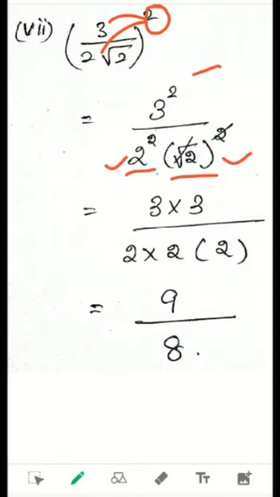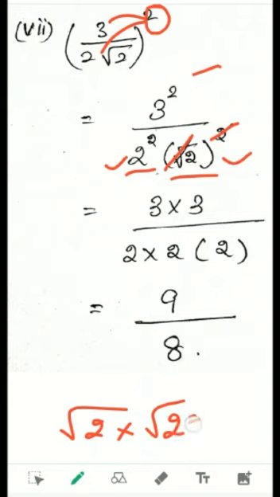By the exponential law, 3 power 2 can be written as 3 into 3, and 2 square is 2 into 2. And here, in (√2) the whole square, the square and the root get cancelled. That's why I have simply written 2 inside the bracket. How does it get cancelled? Actually, the concept of square root: √2 into √2 can be written as a pair, so among the pair we can take one number outside, right? That is the concept of square root. If you take one number outside from the pair, the answer is 2. That is what I have written.